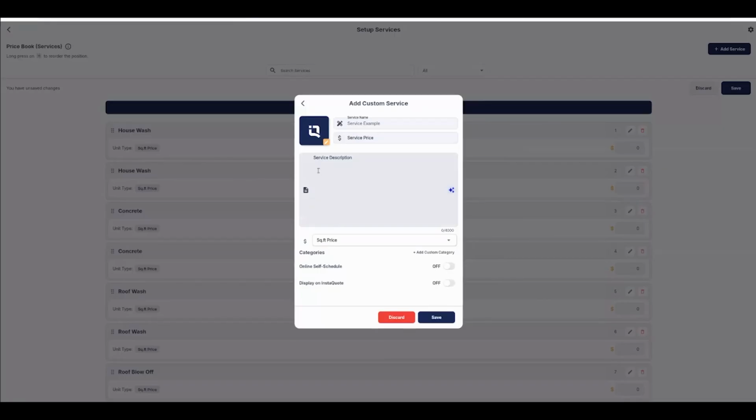You would be able to enter any different service description. Here, you have the option to add in a custom category. So if you may be offering multiple different types of services, you can enter a custom category and apply this